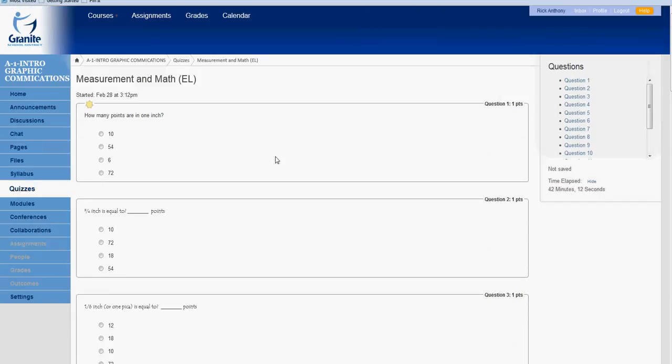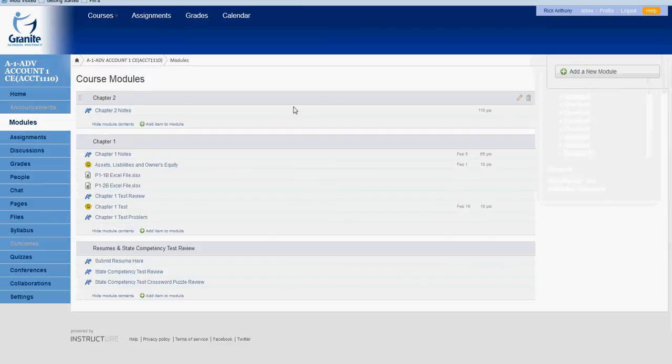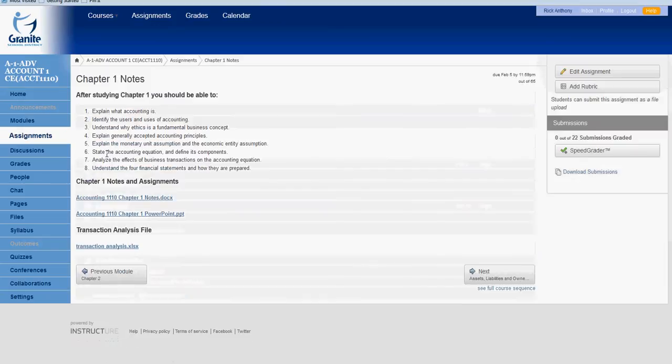Another site I wanted to highlight in secondary is an advanced accounting class, Miss Winder. I wanted to show you how she's used modules within her class. Modules she's organized basically as units. So chapter 1 module, there's a variety of different items stored there for students. If I go to chapter 1 notes and click on that, it tells me what I need to know and be able to do